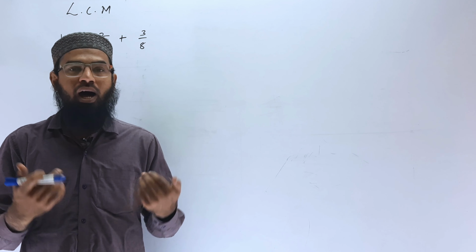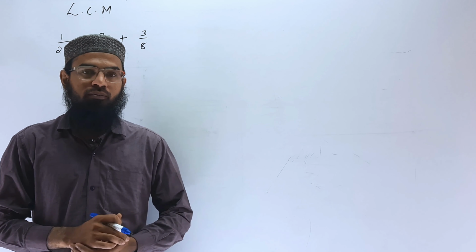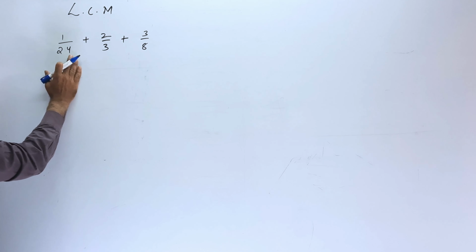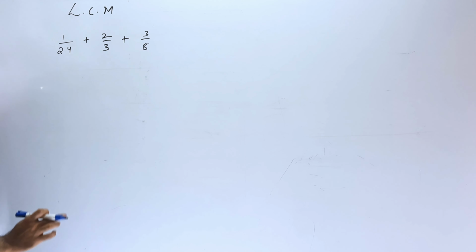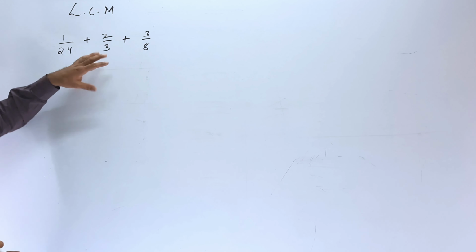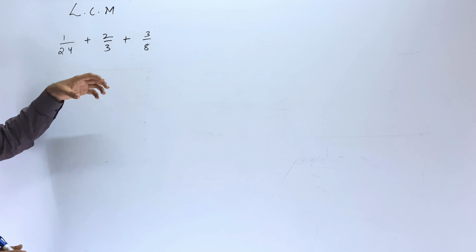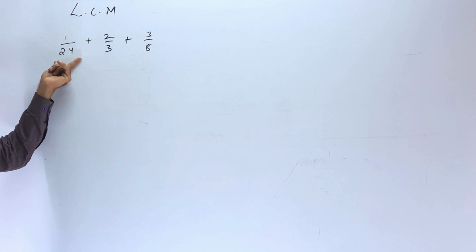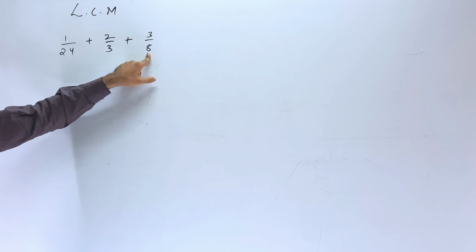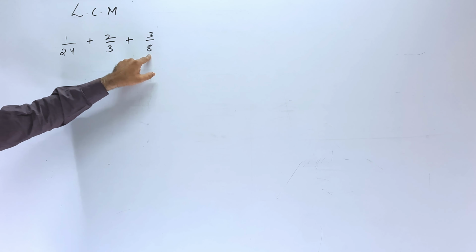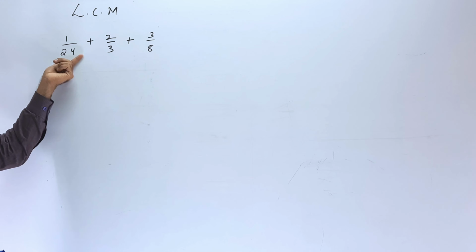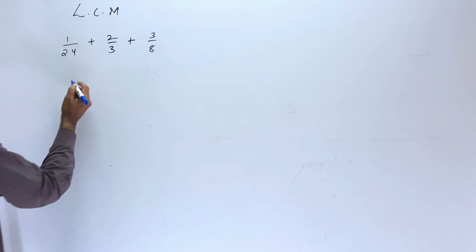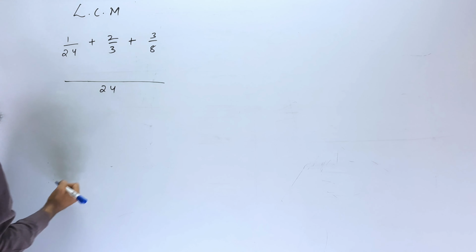Let us see how to do LCM in my problems. For that, I am going to take the same problem, that is 1 by 24 plus 2 by 3 plus 3 by 8. So here we will check whether we are getting the highest multiple by using the smallest or not. In 3 table, we are able to find the 24. 3 8s are 24. In 8 table also, we are getting the 24. 8 3s are 24. Okay. So the number which is coming in 3 table also, in 8 table also, that will be our LCM. So here we are going to write directly 24.